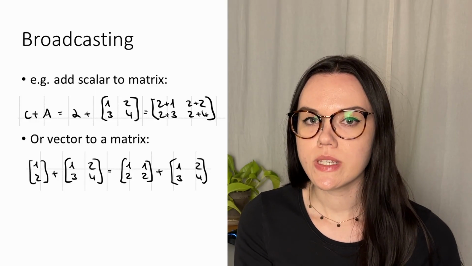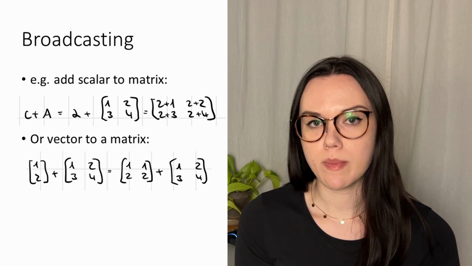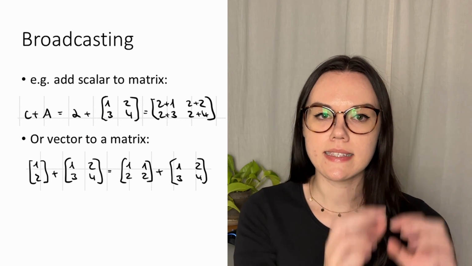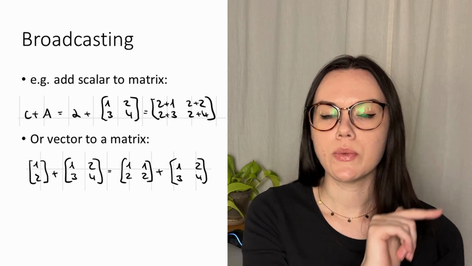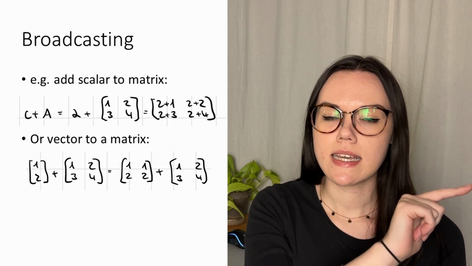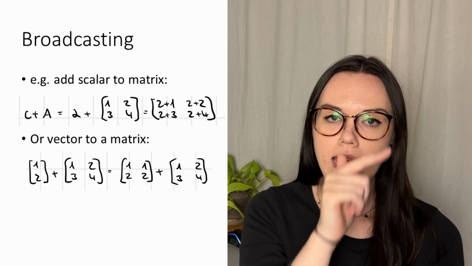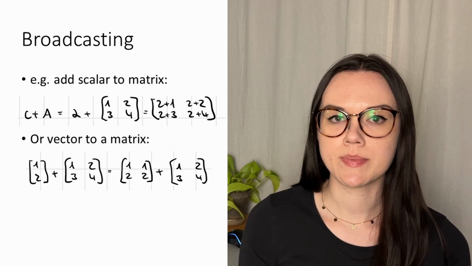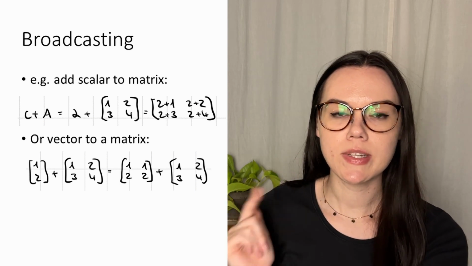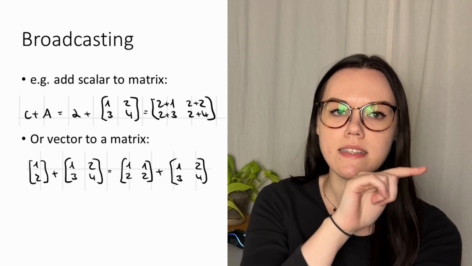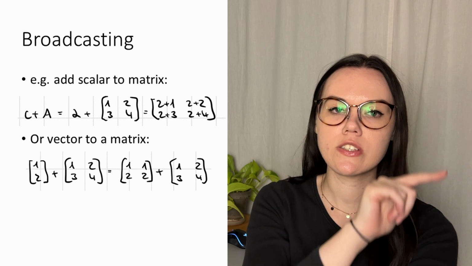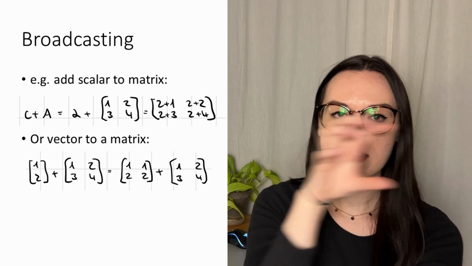One way to do this is you could add a scalar to a matrix, and in that case, the scalar, the one number, if you add it to a 2 by 2 matrix, it will be copied until it will be added to each entry of the matrix separately. Now I've written the end result here, but you can imagine that in a step in between, the 2 will be extended to a 2 by 2 matrix that is just full of 2's,